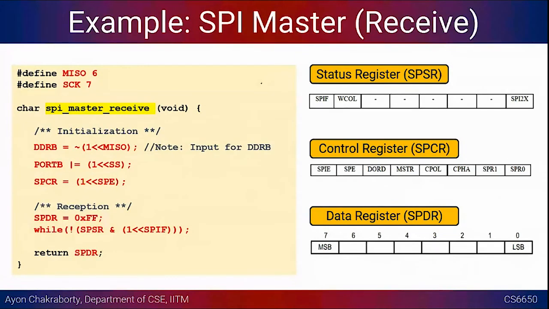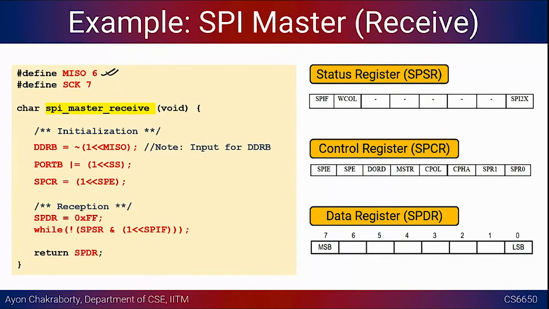And this is another example, just the opposite. We are trying to receive a byte. So this is SPI master receive, and instead of using the MOSI, we are now using the MISO pin, right? And instead of setting it as 1, we have to set it as 0, because if you remember, in the DDRB, if it is input, it has to be set as 0, whereas if it is output, it has to be set as 1. So we could have just written that particular bit as 0, but for demonstration purposes, we write 1 left shifted by whatever bit MISO corresponds to, and then we negate it.